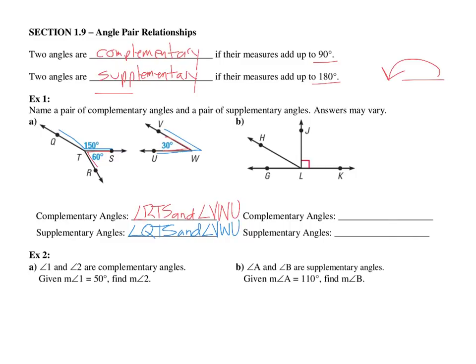All right, for part B, complementary angles. Two angles that add up to 90. So you're not just going to state one angle. It has to be two angles that add up to either 90 or 180. So two angles that add up to 90. All right, well, this is 90 right here. So on the other side, that must be 90 as well. So these two angles here add up to 90. So it's going to be angle GLH